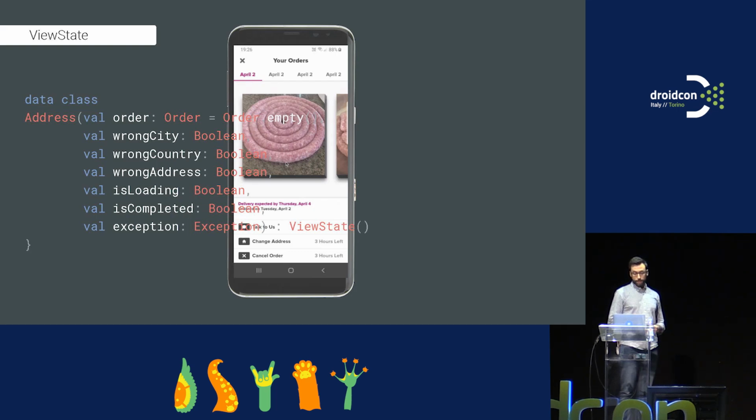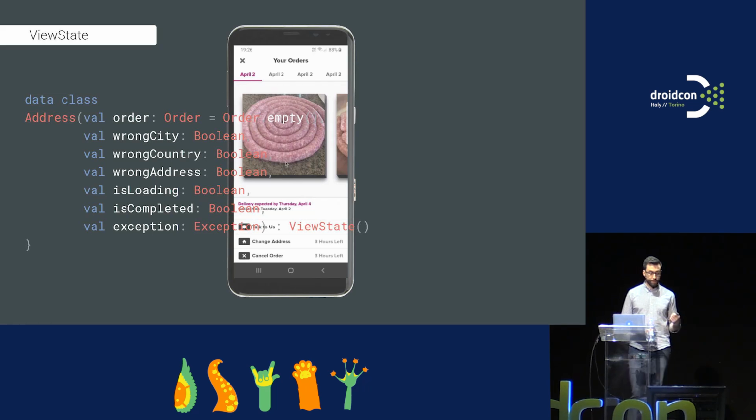And here what's happening is when we interact with all the UI, we want to make sure we are loading. We want to display that we are showing a loading state, and then based on that state afterwards, we'll see when I display an error, or we want to display the finishing screen that the address has been changed.